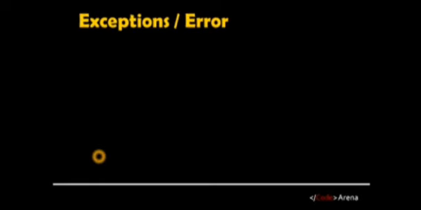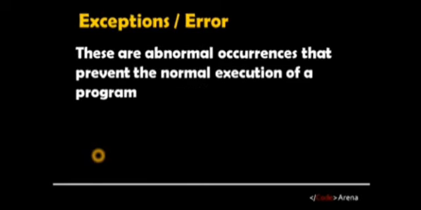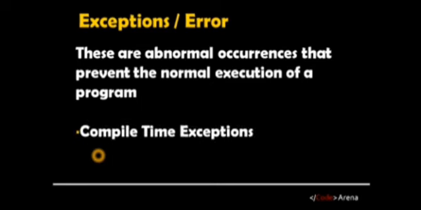Now what are exceptions? Exceptions are abnormal occurrences that prevent the normal execution of a program. Anything that stops the normal execution of a program is called an exception, or an error. And we have two types of exceptions. The first type is the compile time exceptions, which are the exceptions that are